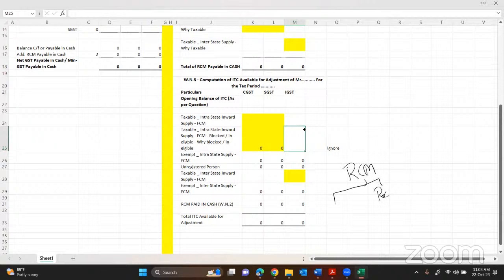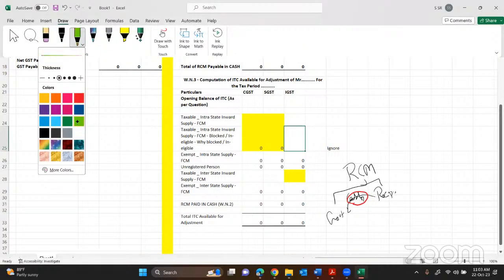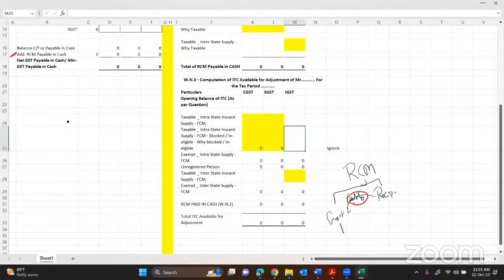Recipient, government. The recipient has to pay in cash. My dear, this cash payment only, this entry. Everybody, guys, you're with me? And remember, once the government received the cash, it will permit the recipient to take it as ITC. And this is this entry.